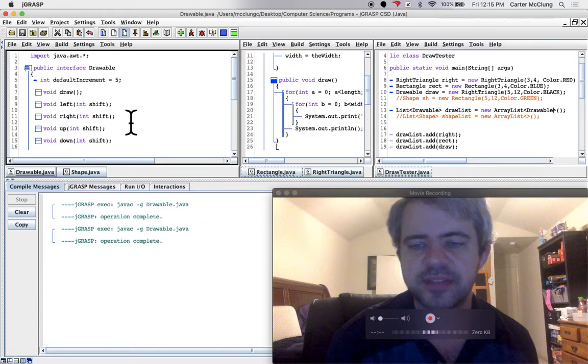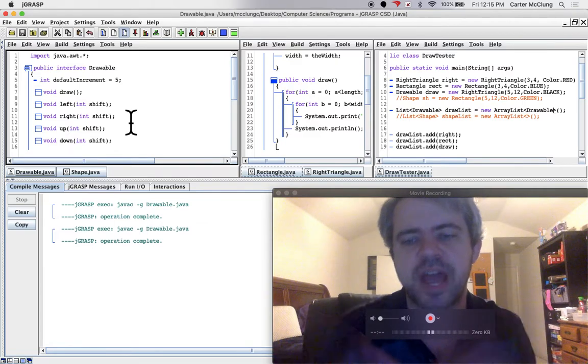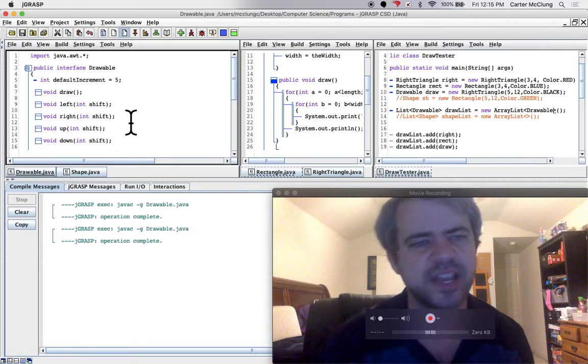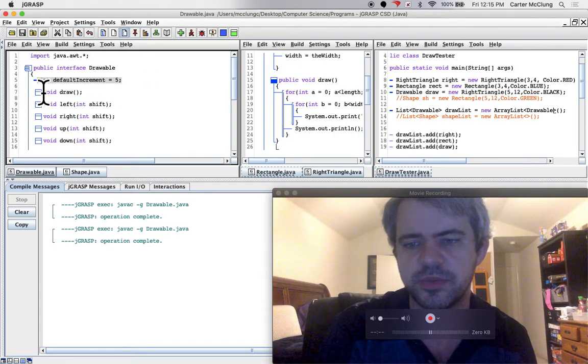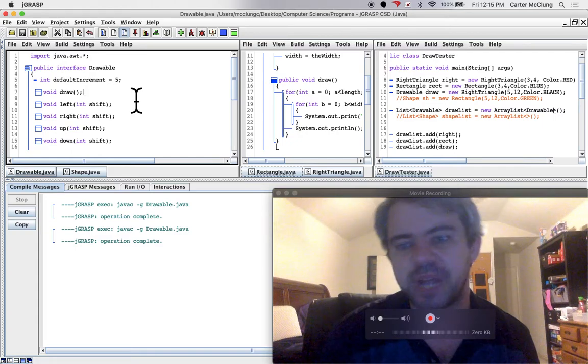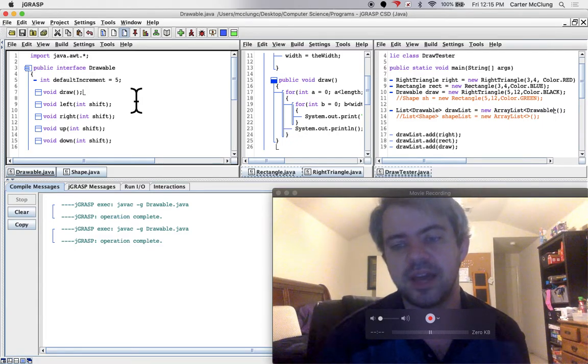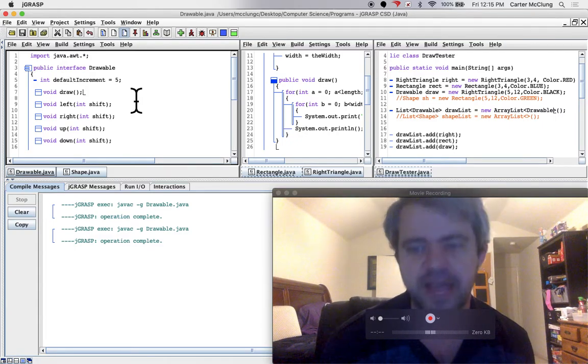So that's a more fleshed out example of an interface. Again, I wouldn't expect to see variables in very many interfaces that you stumble on, but I wanted to show you that it's a possibility. Again, only if it's public, static, final,